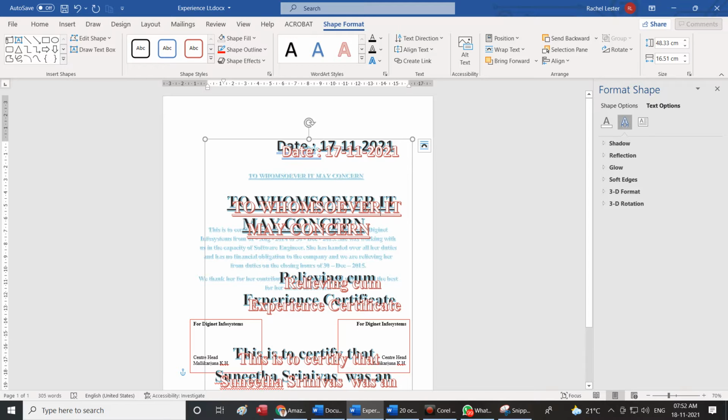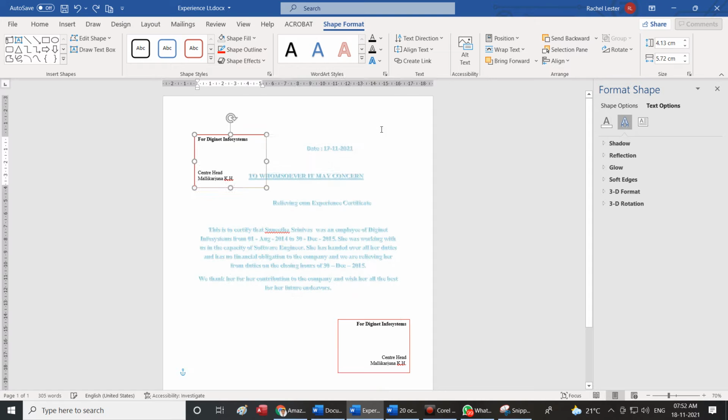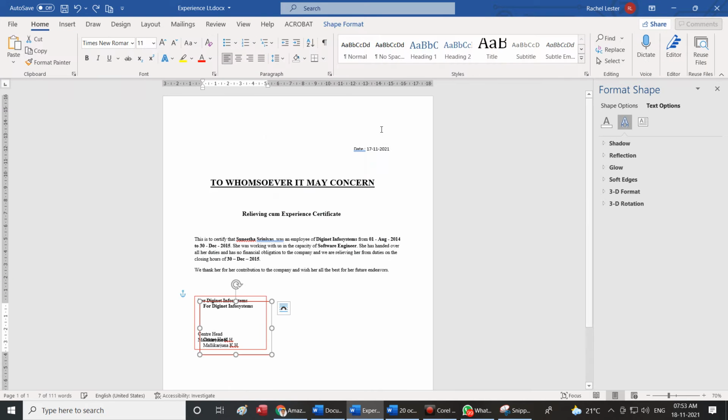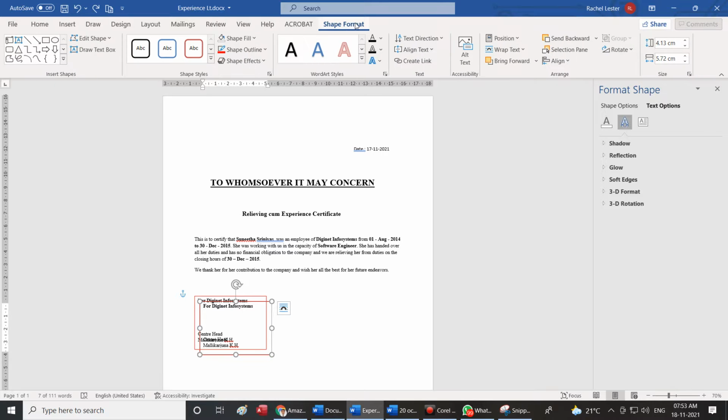Once you select the word art option, a new tab, shape format, opens, where you could choose some of the word art styles.